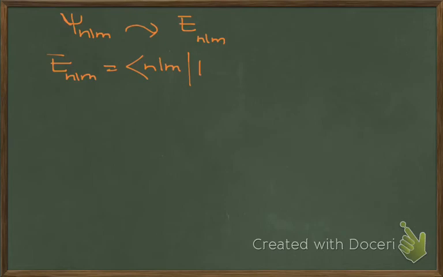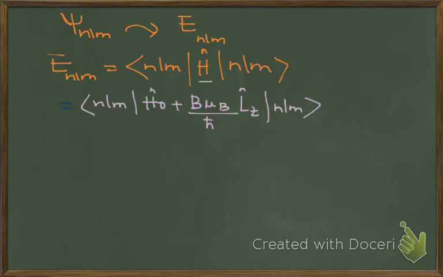The eigenvalue of the wave function psi n l m be E n l m, which is the eigenvalue of the operator H. Now just put the value of the H operator, which is equal to H naught plus B mu B over H cut times L Z. Separating both terms, we have